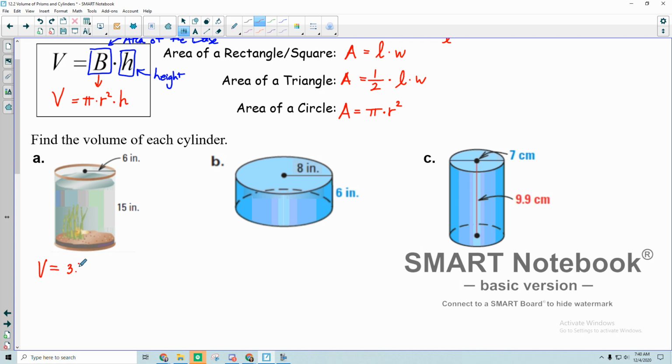So 3.14 times the radius, there's the radius, 6, make sure that's squared, so 6 squared, and then multiplied by the height. And this thing has a height of 15 inches. So I just simply take all of those numbers and multiply them together, and I get